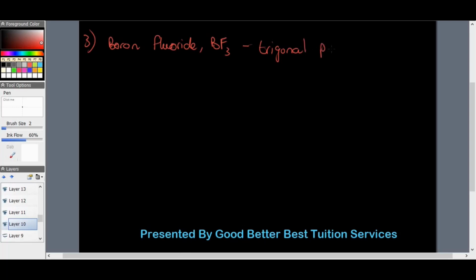Yes, planar. This is known as trigonal planar. Okay, and this is how it's drawn in Lewis structure. Okay, so we have 3 outer